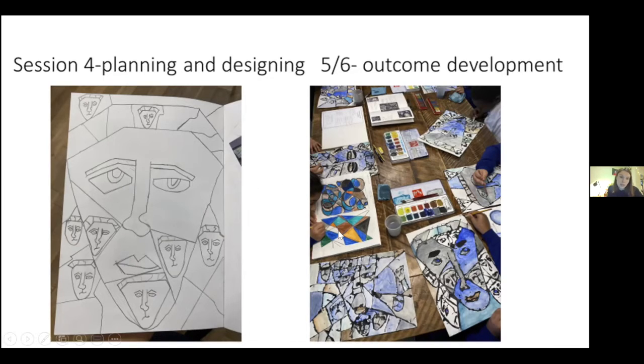And then once that had dried, in week 6, they added in all their different shades of blue, which you can see at the side, using watercolour, and it's actually very, very quick. They needed more time for this project. They needed another session after this to finish these off, just so you're aware.